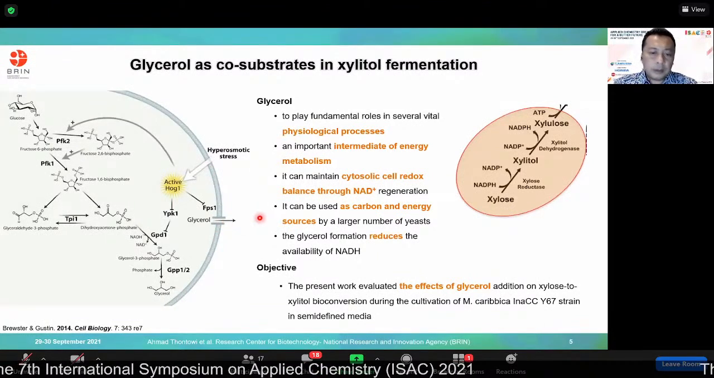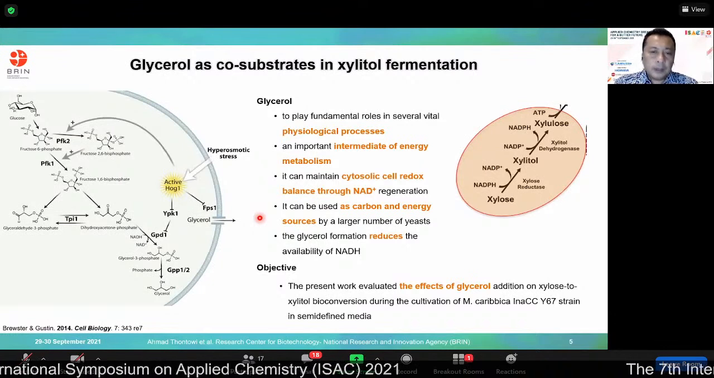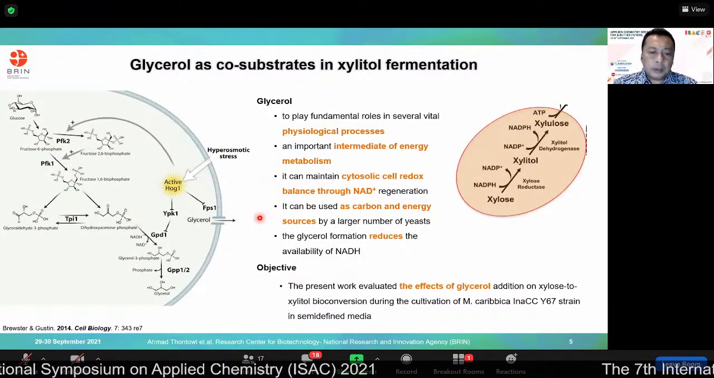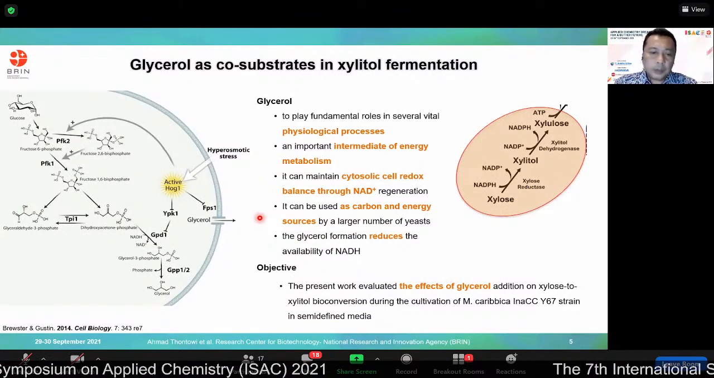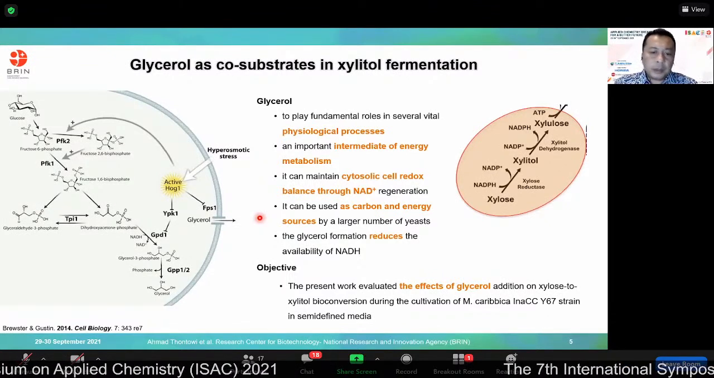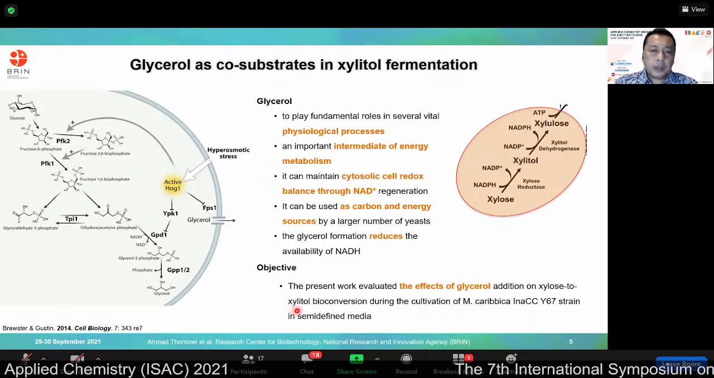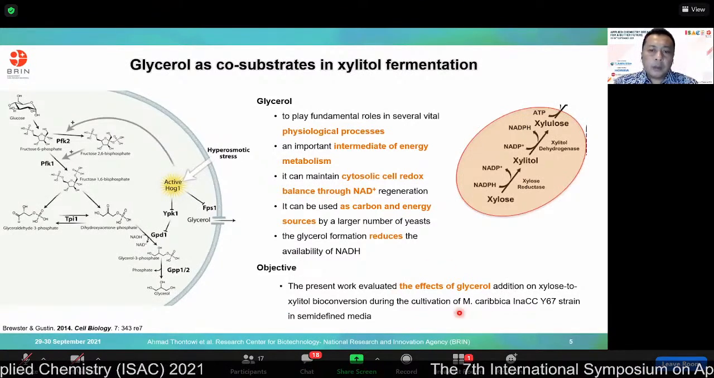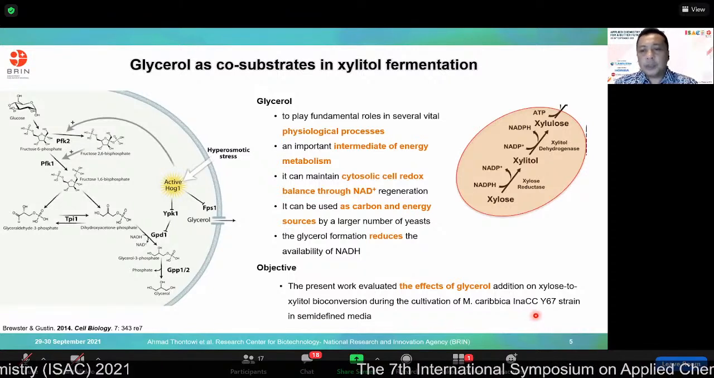This results in an imbalance of reduction in cell, disrupting regeneration. In addition, glycerol formation reduces the availability of an important coenzyme for the xylose reductase enzyme, which participates in the initial step of this process. The objective of this study is to present work related to the effect of glycerol addition on xylose to xylitol bioconversion during the cultivation of Meyerozyma caribbica InaCC Y67 strain